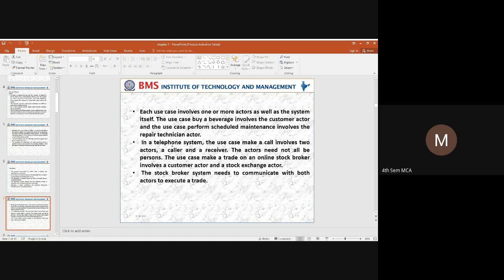These can be the use cases. Who can be the actor? The caller can be an actor and the receiver can be an actor. The caller will make a call and the receiver will receive the call. In that way we can connect the use cases.